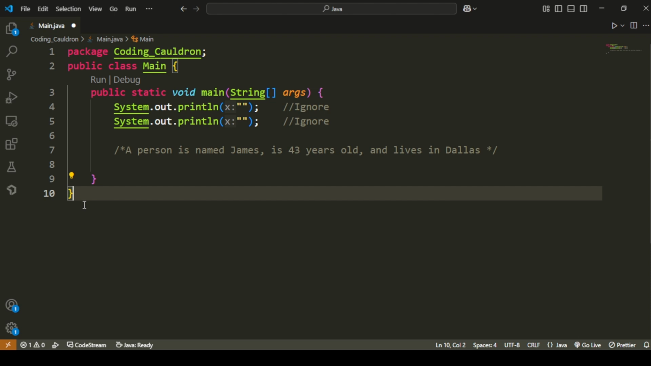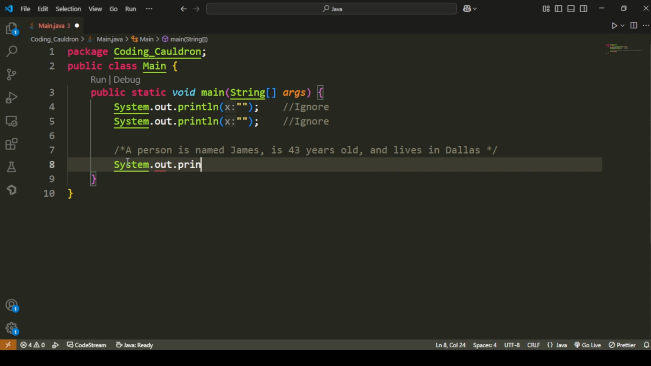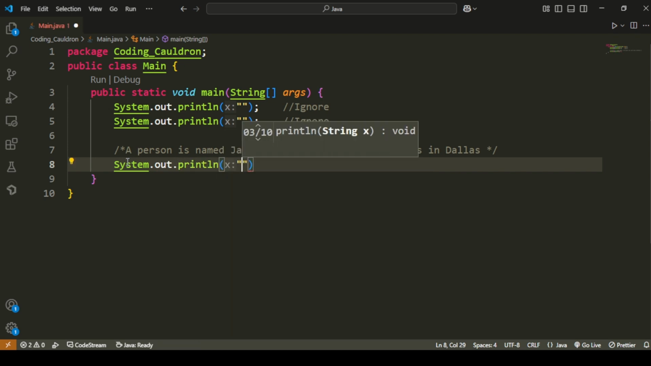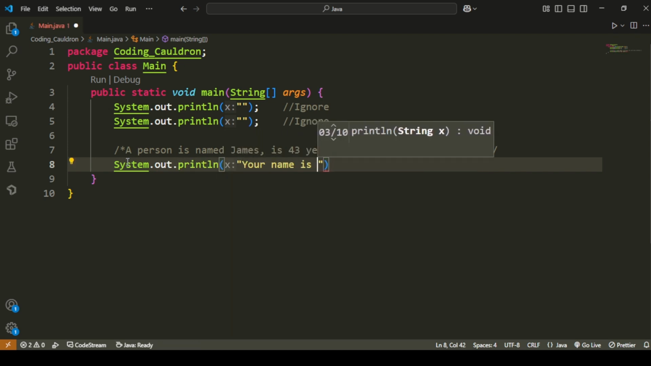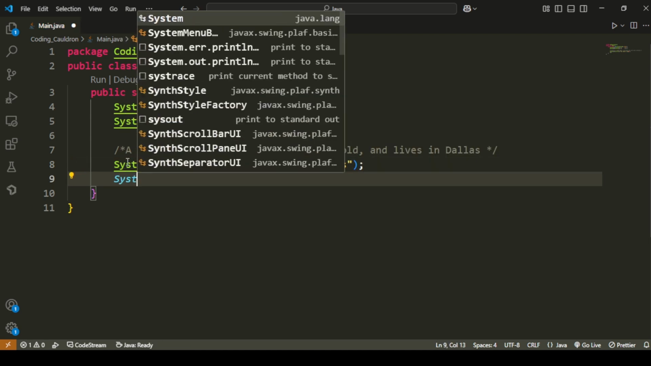In this example, we're going to print the name of a person, age, and city. So I'm going to start with System.out.println and I'm going to type "Your name is James." And when printing, this should set the cursor on the line below. Next, I'm going to use